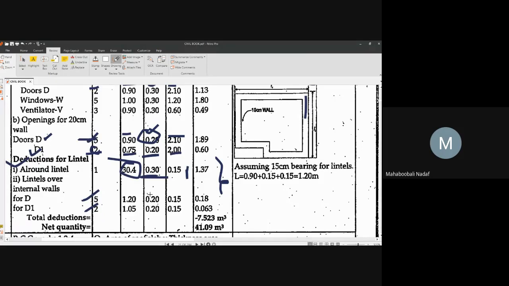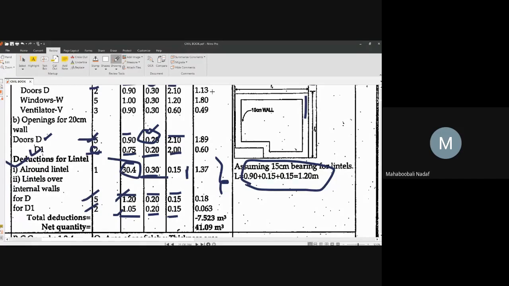Now see here, thickness 0.2, okay. Lintel height 0.15, okay. In the last problem we have seen, door width plus 0.15 plus 0.15. What is that 0.15, 0.15? Can anyone tell? Bearing, sir. Very good. It is called a bearing, because above the door some projection is given as bearing. So door size plus 0.15 plus 0.15 on either side. That is going to give 1.2, 1.2 and 1.05.